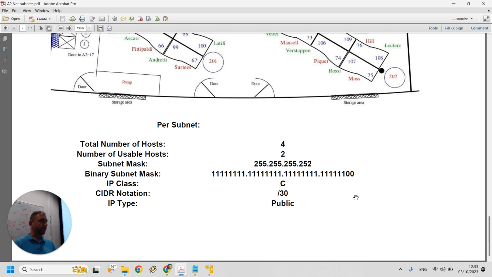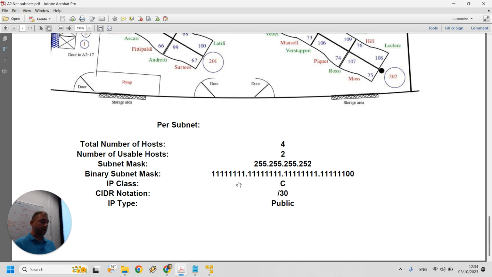Does anybody know why? What's the relation between this 255 and these 8 ones here? Yes? They're the same number, except one's in binary and one's in decimal? Yes, they are the same number. All right, so this is a simple binary to decimal conversion. Okay, so this is 8 bits. So you start with 1, 2, 4, 8, 16, 32, 64, 128. If you add all these up, 128 plus 64 plus 32 plus 16 and so on, it works out at